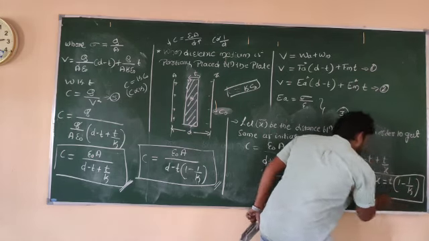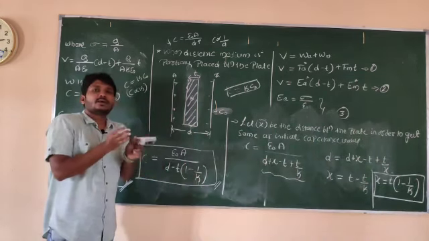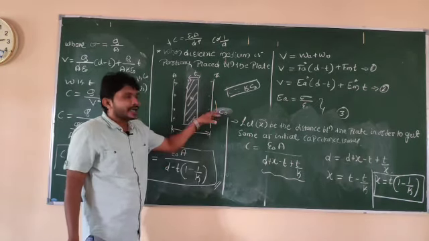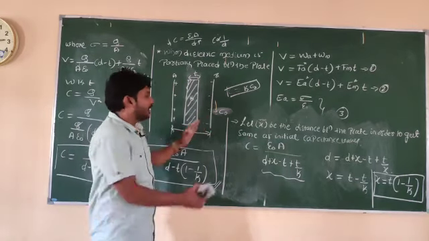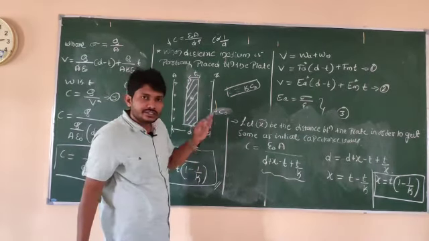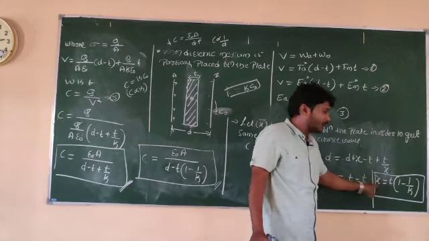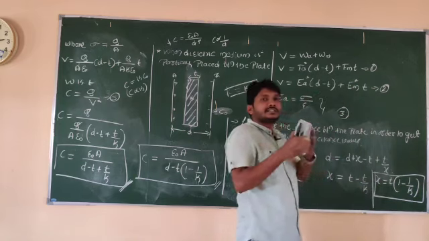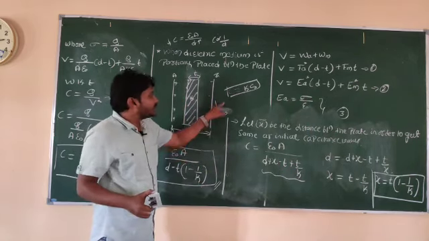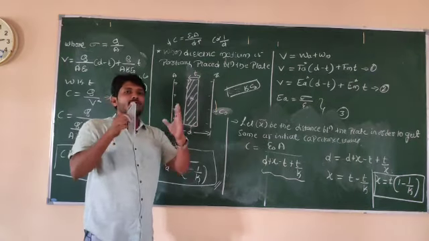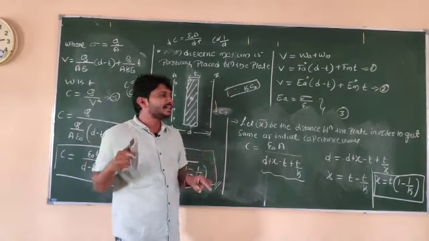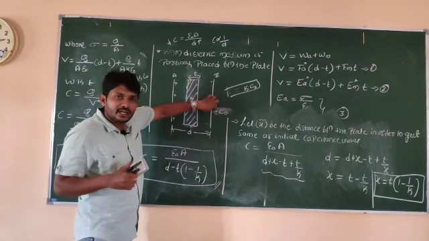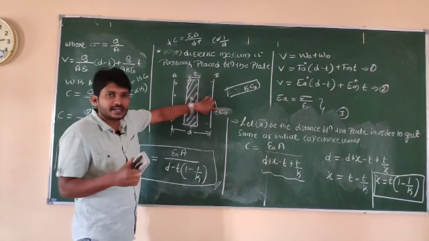So look here. In order to get the same as the original capacitance after placing the dielectric medium also, if you want to get that same C naught value, I need to increase the distance here. How much distance do I need to increase here? So x is equal to t into 1 minus 1 by k. If this much distance is increased, I will get the same capacitance value. Why? Because if the separation between the plates is increased, its capacitance value will decrease. I will get that original capacitance value here. Hope you are understanding the concept.